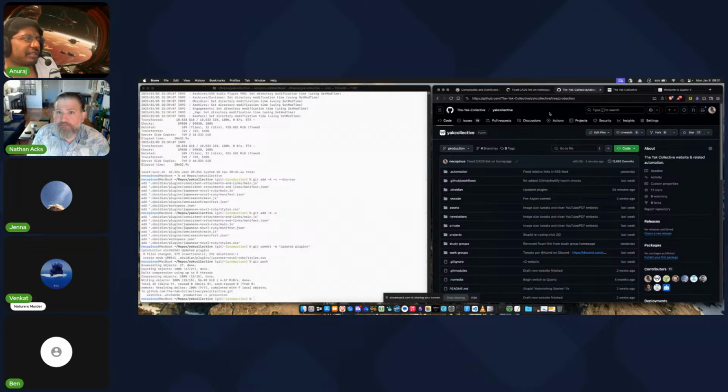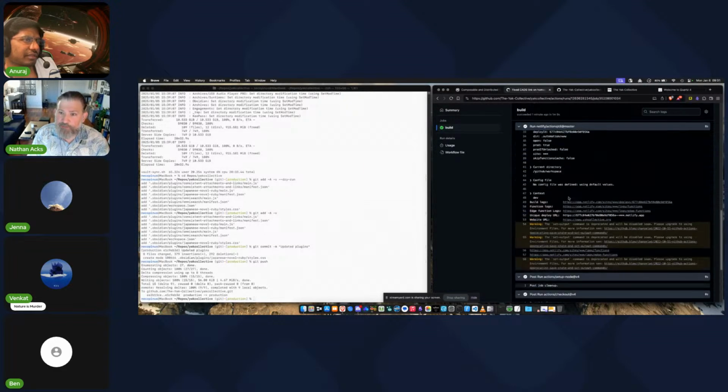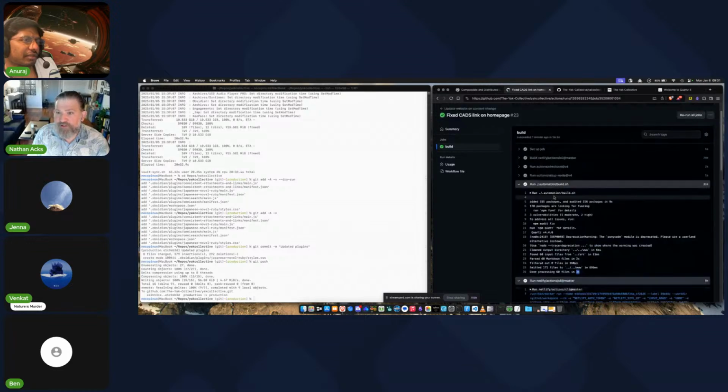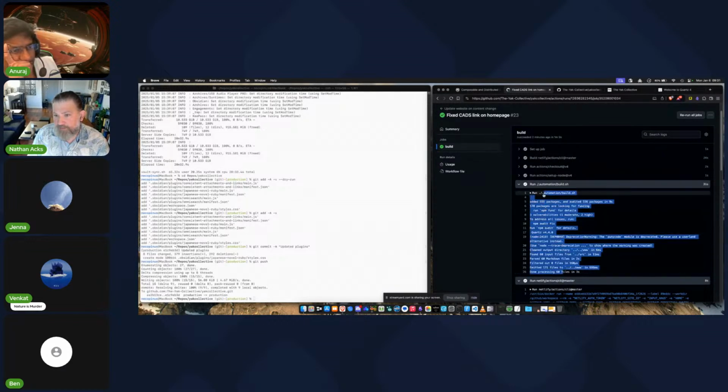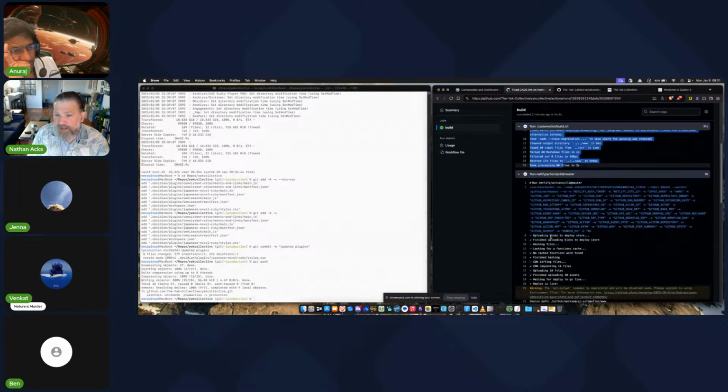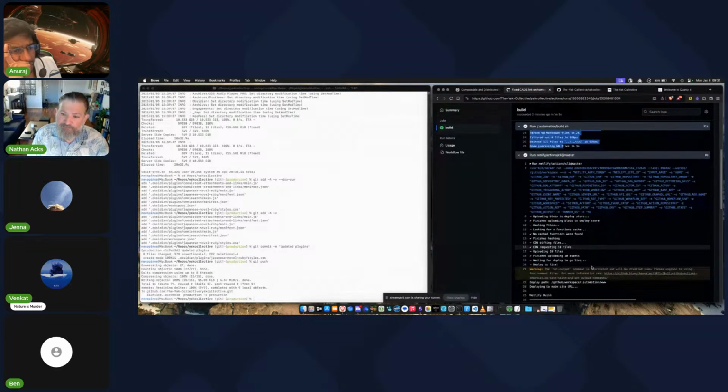But the deployment is via Netlify, right? The website is hosted by Netlify. It's actually built on GitHub. So there are sort of 2 steps here. We build it in GitHub, in a Docker container, using this automation script. And then we use an action that Netlify provides in GitHub to push that data onto Netlify. So it's not built on Netlify anymore, but it is still hosted on Netlify.